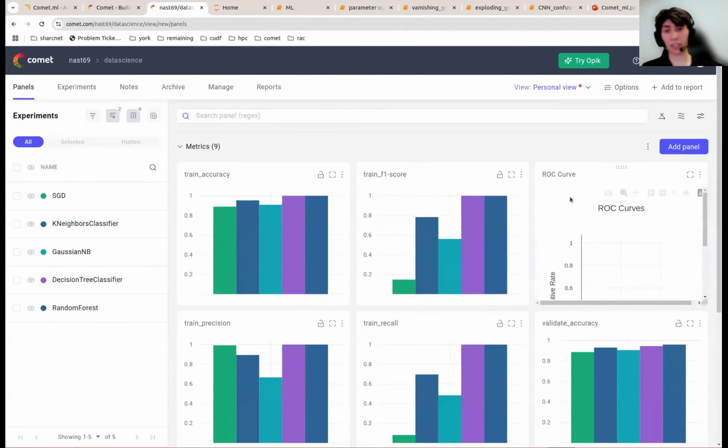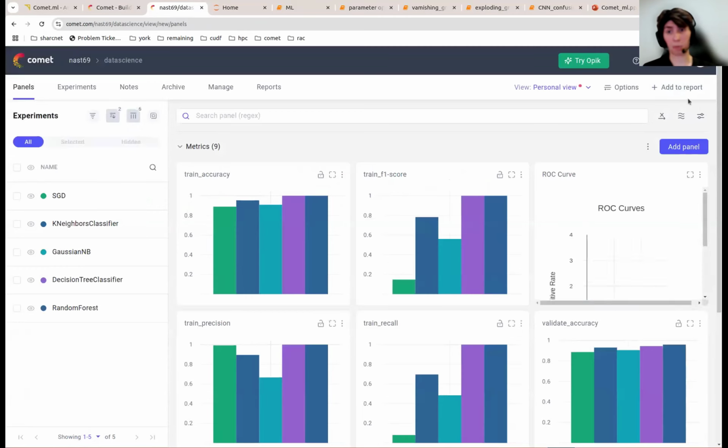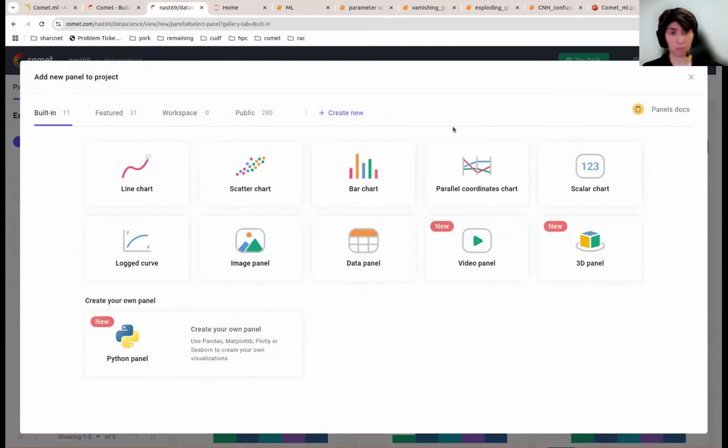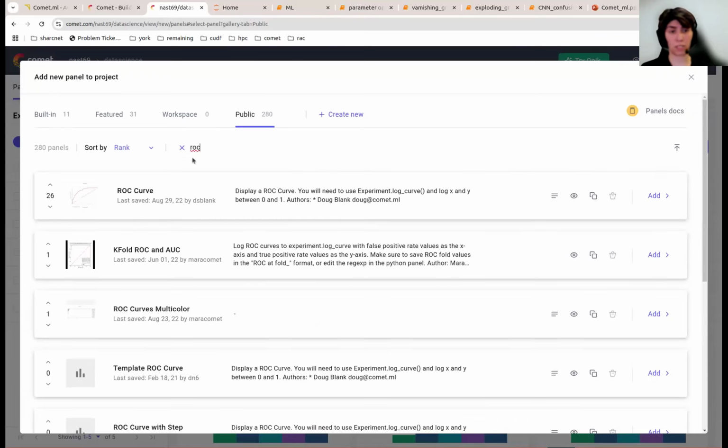Another thing that you can use for machine learning purposes is the ROC curve, which I've plotted here. By that, you can see that random forest and decision tree have the best ROC curve here. You can plot the ROC curve by just adding a new panel here. In the public section, there are many plots and panels that others just created that may be useful for you. So by using this ROC curve here,